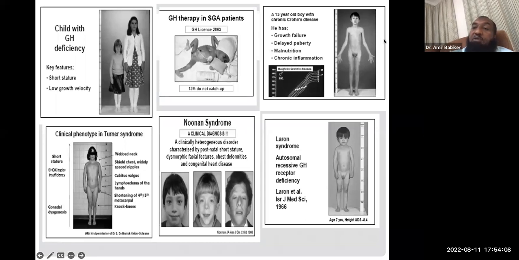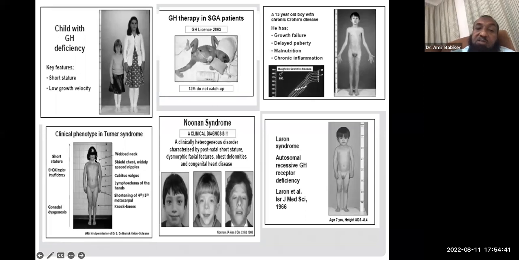لانه if you look carefully you will see that he's not fully pubertal, he's 15 so he's got delayed puberty and also emaciated and also he has got a falling of height. So this patient has got a defective growth in weight and height and puberty, and this is part of inflammatory bowel disease. This is Turner syndrome, classic features of webbed neck, shield chest, so the nipples are distant from each other,